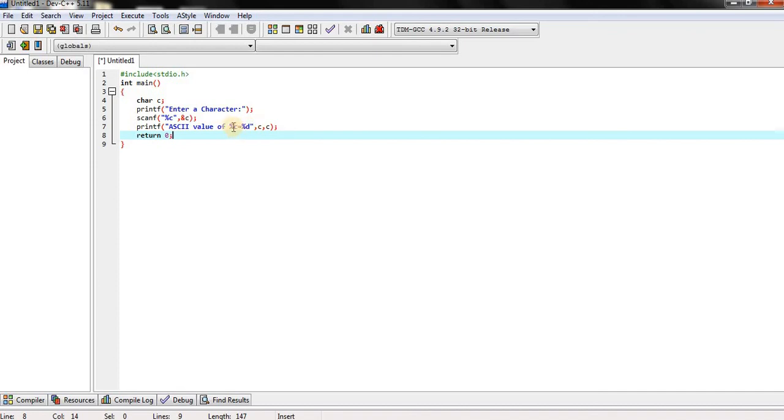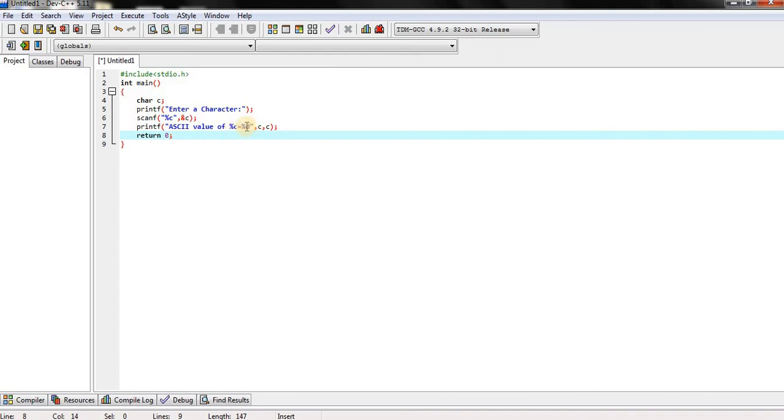Here you just observe printf, ASCII value of %c. We are displaying on the screen; %c is nothing but a character. For example, on the command prompt output, here I am entering: ASCII value of a equals %d. What is the value of a character?